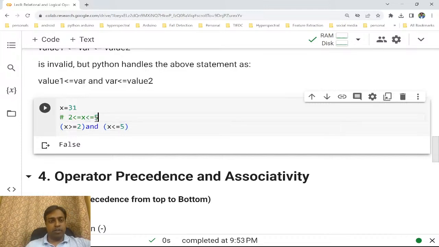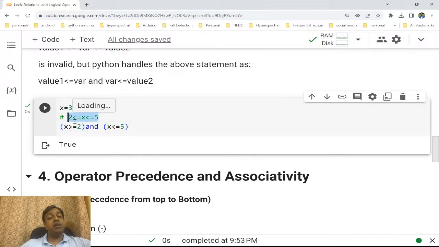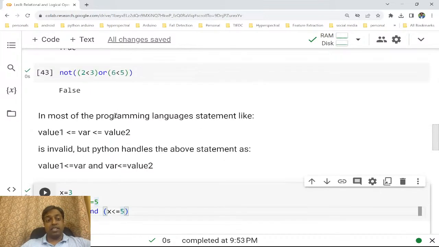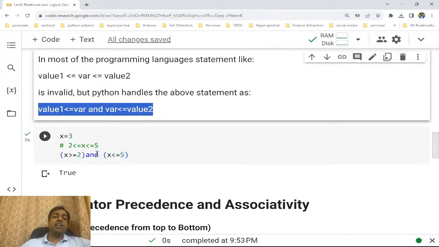So if I make this as a comment, it is still going to work, right? And if I put 3, then it is going to return true. So either I can write in this way, or simply I can put it in the way we used to write in mathematics. Both are going to give the same answer, right? So this is one of the features that indicates that Python can be used by non-computer science engineers who are not very comfortable in programming languages. Now after this Boolean